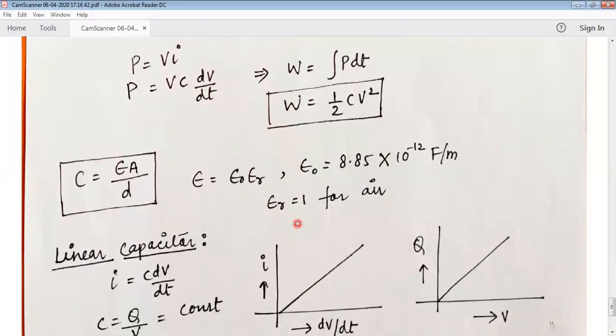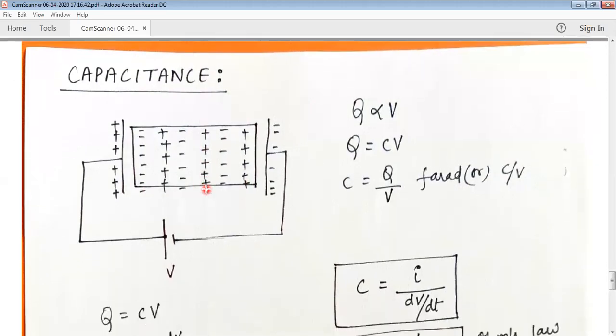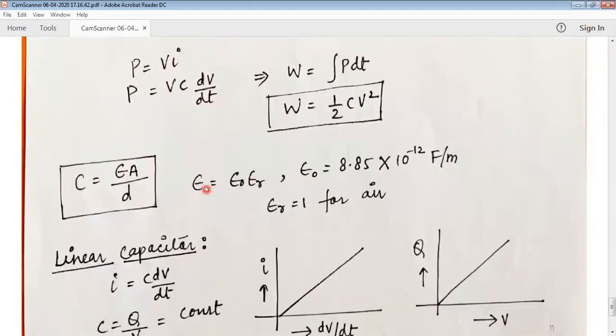Now, how is this capacitance generated? Because of the two metal plates and this dielectric. The metal plate has an area, and the dielectric material has some property. So capacitance you can also write as epsilon A by D. A is the area of the plates, D is the distance between the two conducting plates, and epsilon is the permittivity, the property of the medium in which the material is placed.